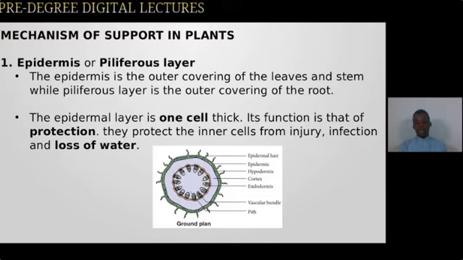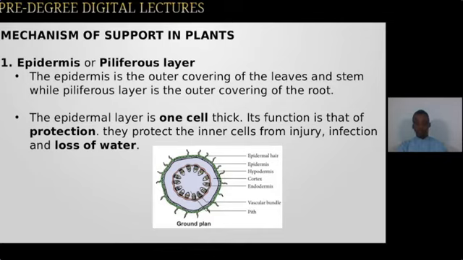Now the mechanism of support in plants is as follows. We'll start from the outermost layer in a cross section of a typical stem. So on the outermost layer we find the epidermis or piliferous layer. The epidermis is the outer covering of the leaves and stem, while the piliferous layer is the outer